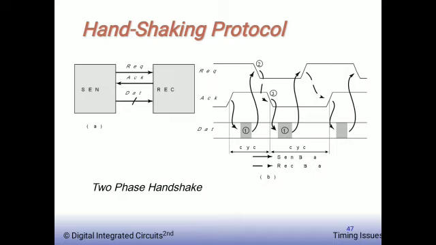The sender places the data on the data bus at 1. You can just refer, there are three signals: request, acknowledge, and data. So this number 1 is with respect to data. And it produces an event on the request control signal by changing the polarity of the signal at 2. So data has been placed on the data bus and the polarity of the request signal has been changed from high to low. That has been indicated by number 2. In some cases the request event is a rising transition, at other times it is a falling one. It can be an active low or active high signal.